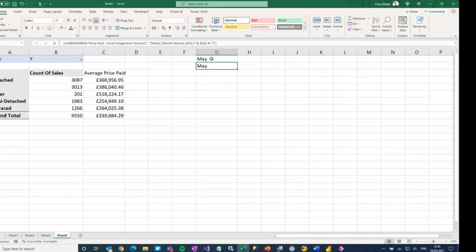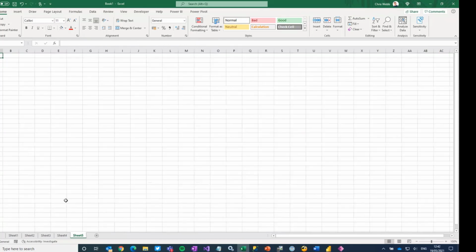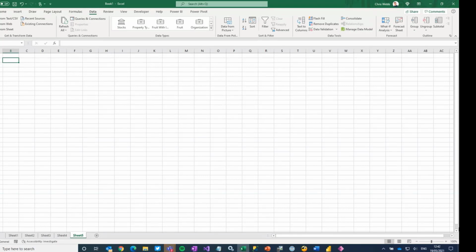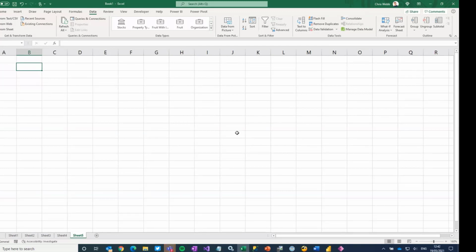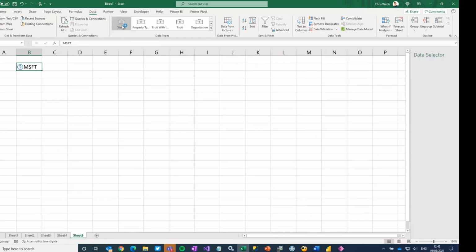But there is a third way that we can get our data into Excel. Let's create a new worksheet. Some of you may be aware of the new Excel data type options that appear up here on the data tab. So for example, to show you how these work in a way that isn't connected to Power BI at all, I could type a stock symbol up in here, MSFT, which is Microsoft, and I can tell Excel that this is a stock symbol, and I can click on this,